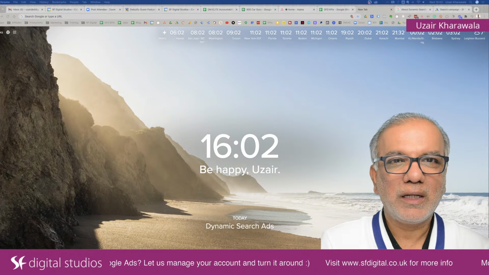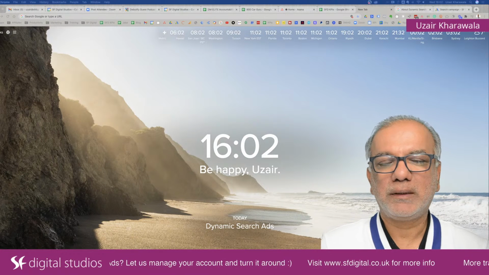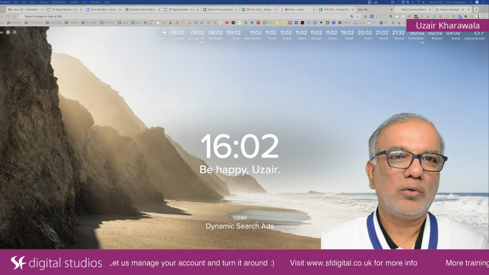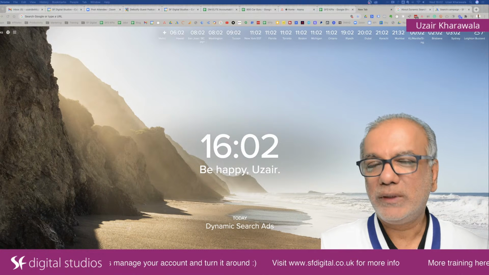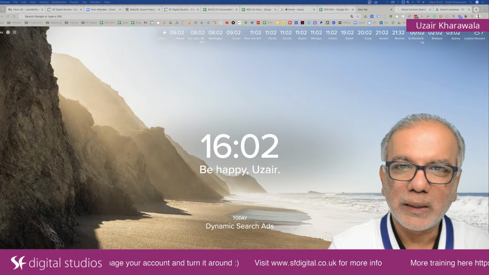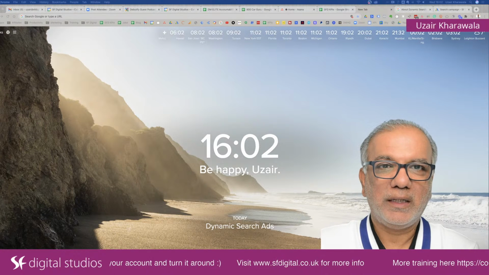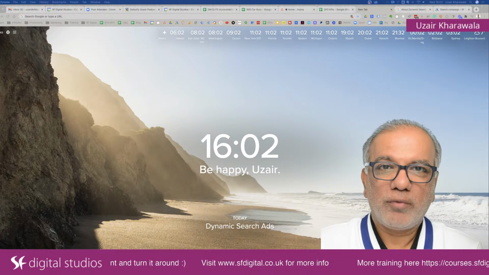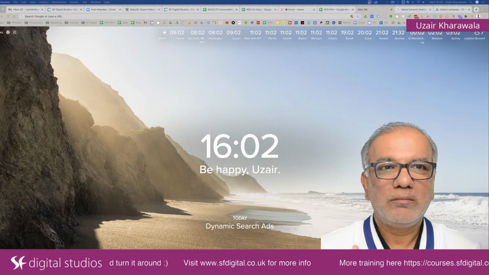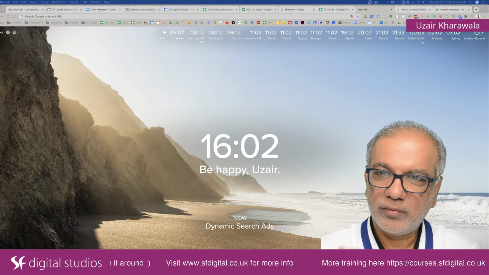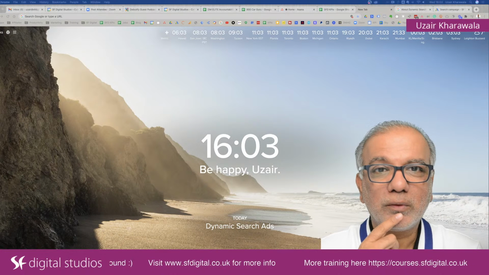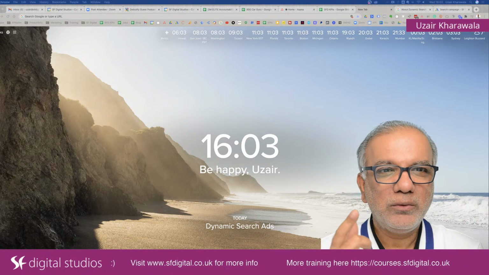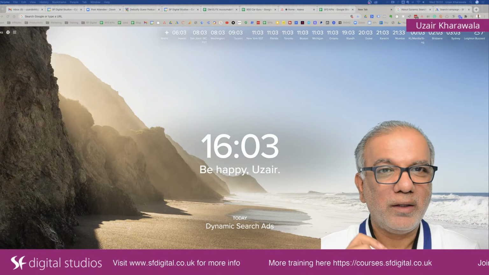If you are struggling with lots of different match types and not sure how many keywords to use, which keywords to target, the DSA, as we call them, takes everything away from you. So obviously you are releasing a lot of control over to Google, but I'm pleased to say that it works really, really well.